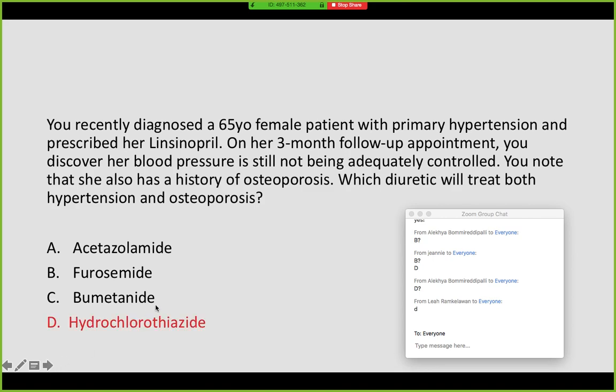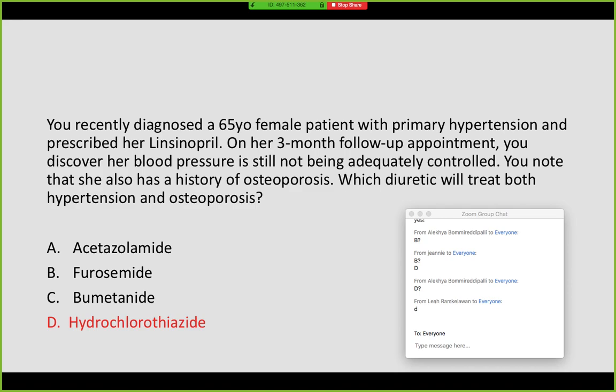Yeah, you guys got it. So the correct answer here is hydrochlorothiazide. One of your adverse effects for hydrochlorothiazide is hypercalcemia, which could be a positive thing in a patient with osteoporosis. And then also, something that you learn more next year, I guess, is the layering of your antihypertensive